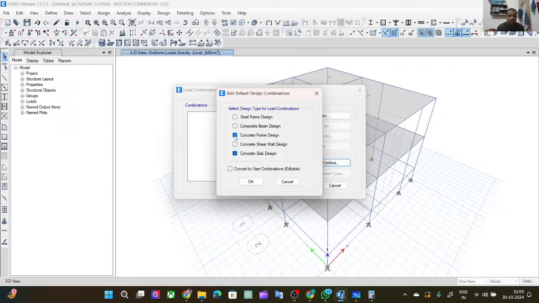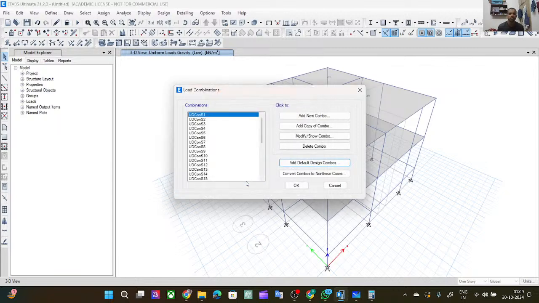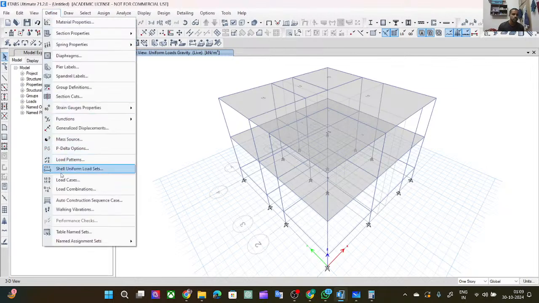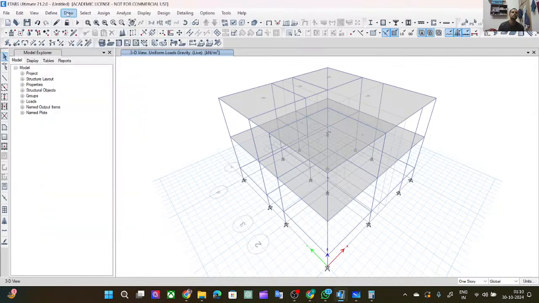Okay. Convert to user defined. Click now concrete frame and concrete slab. Concrete column frame, concrete slab. Now click OK. So define has been done, auto construction sequence. Okay, it is working, it is slab name. Okay, right. Draw, select,